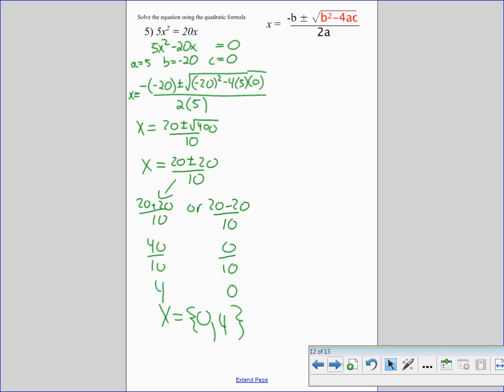Now, just like when b was 0, it was easier to isolate the x squared and take the square root of both sides. If c is 0, there's an easier way to do this problem, and that is to factor it. If we take this equation right here and move it, and we go 5x squared minus 20x,